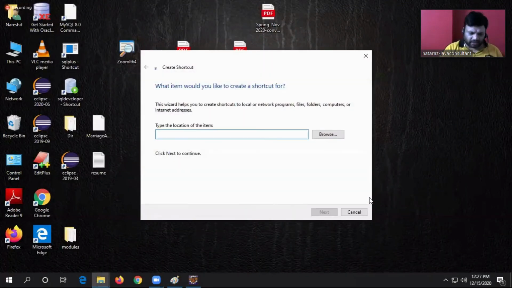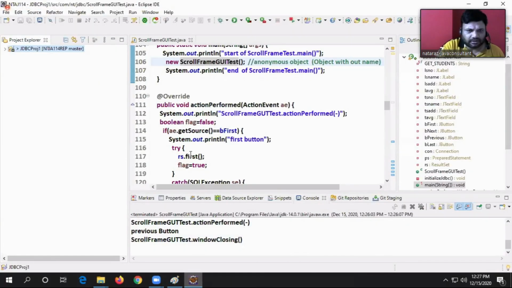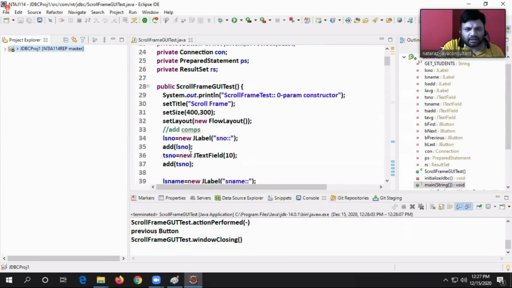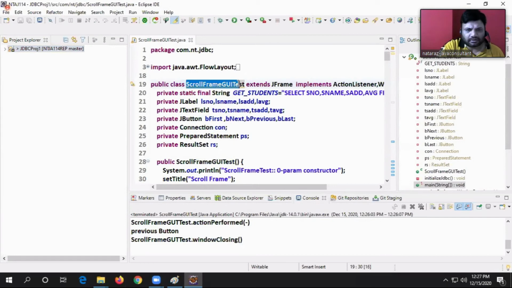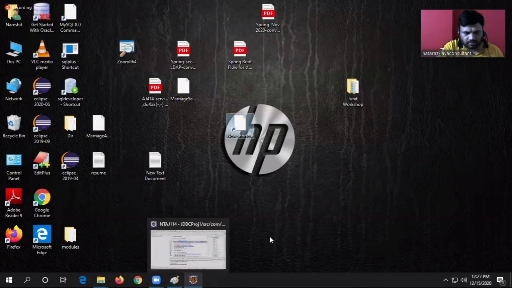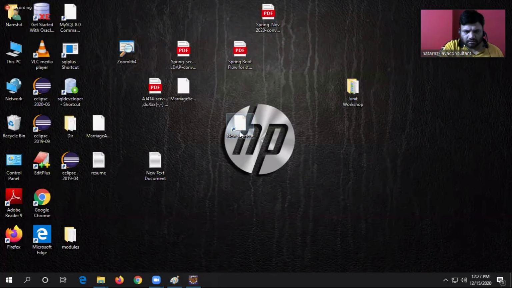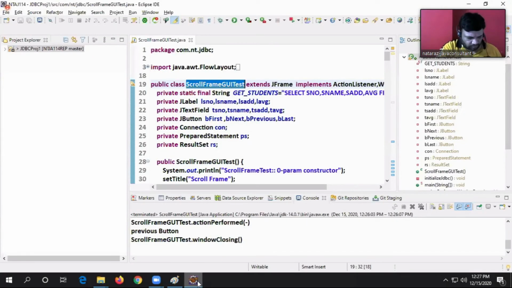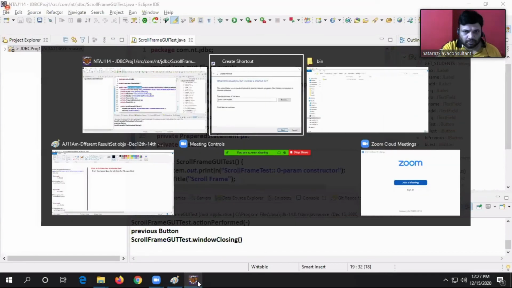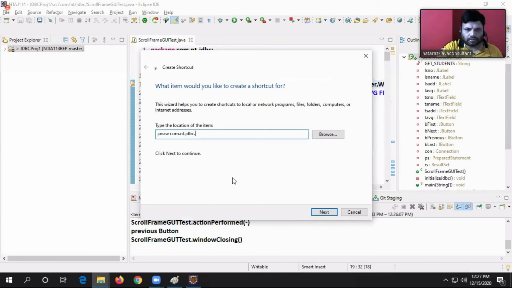New shortcut, Java W, com.nt.jdbc. Paste. ScrollFrameGUITest.